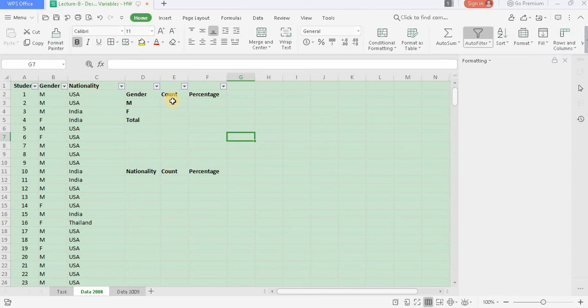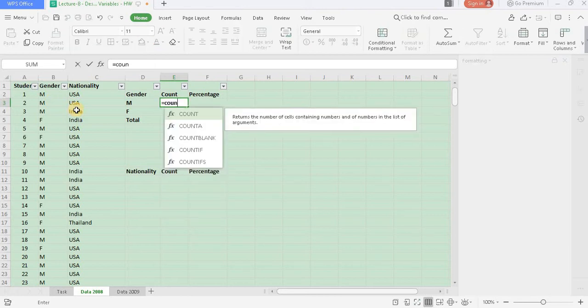Now let's first do gender. Let's get the count of males. The basic humble function COUNTIF can be used to get the count. These two variables, gender and nationality, are categorical variables. And I told you in the prelude to this session that at the most, what we can do is just find the frequency or just find the count, nothing more. So let's go ahead, COUNTIF.